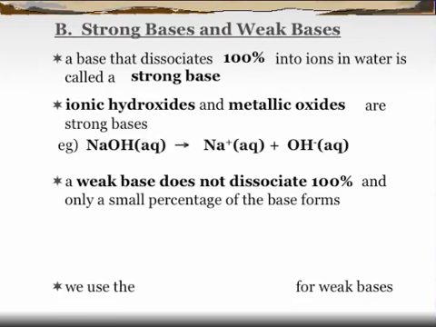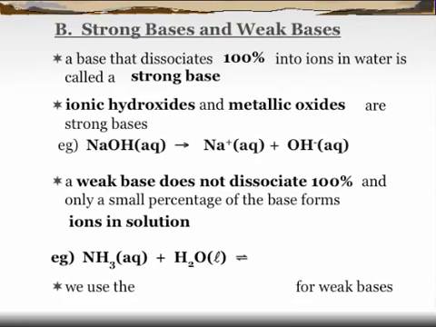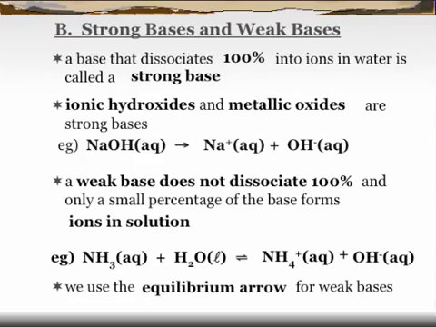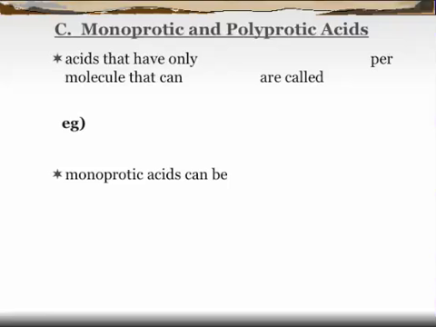Okay? A weak base does not dissociate 100%, which makes sense, and only a small percentage of the base forms ions in solution. So, for example, we have ammonia, which forms some of the ammonium ion and some hydroxide. And again, we use the equilibrium arrow for weak bases. Now, we can sometimes tell the difference between them based on other properties, like whether they are a monoprotic or